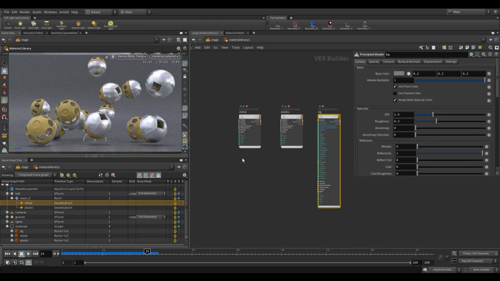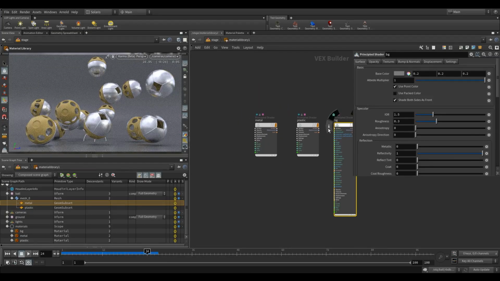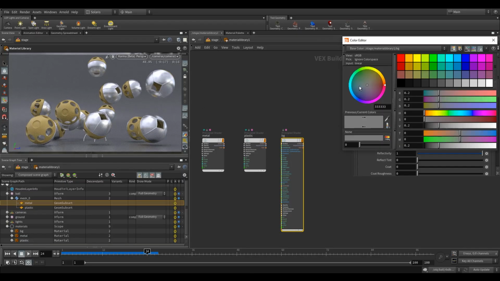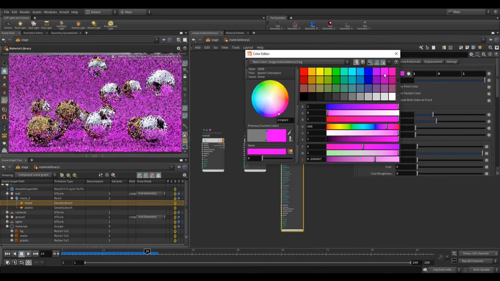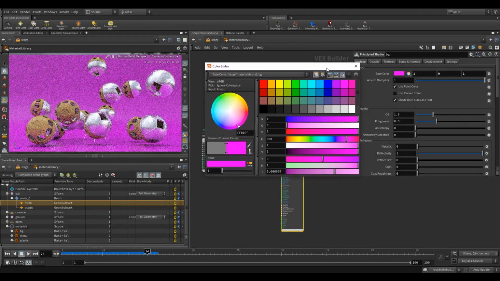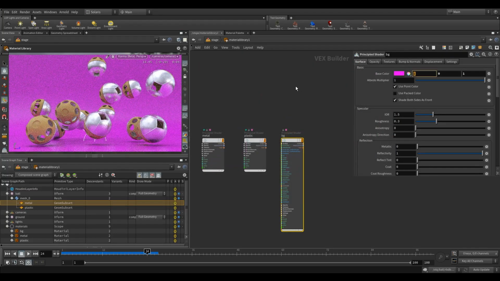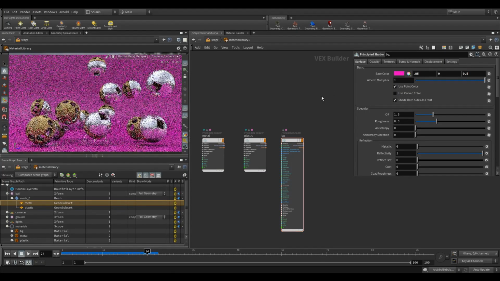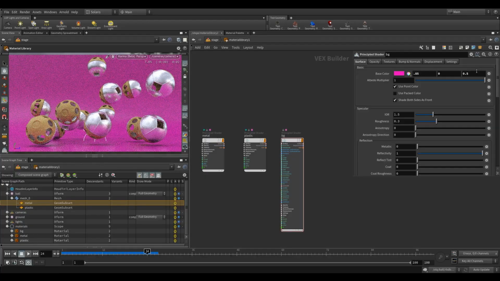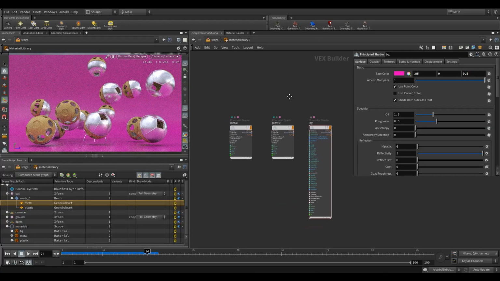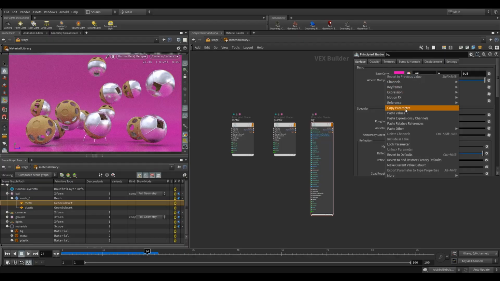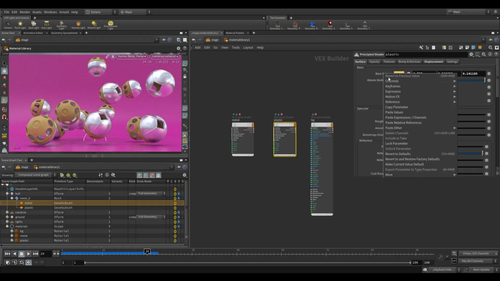So let's play around with these materials a bit. For the background, I want to use kind of a pinky color. So something like that. I'm just going to type in the values that we used previously. 0.5. Let's do something like that. Okay, and then I'll use that same color, so we can right click and go to copy parameter for the plastic,